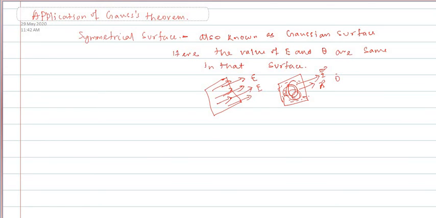You can take any point on this surface, any 2 points on the surface, E and A, the value of theta should be coming how much? 0. That means in this surface, E is the same everywhere, theta is also the same everywhere. Now this type of surface is known as what? Gaussian surface, and this is also known as symmetrical surface. Okay, now again move to the application.